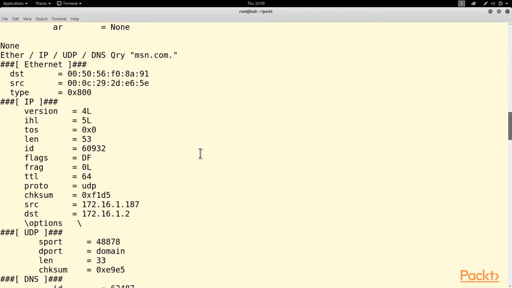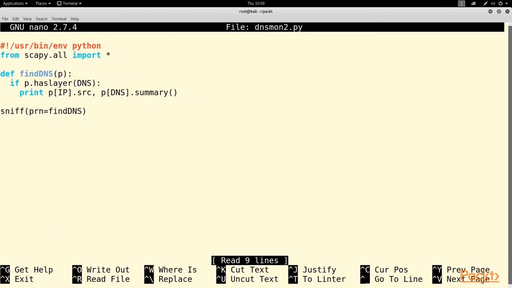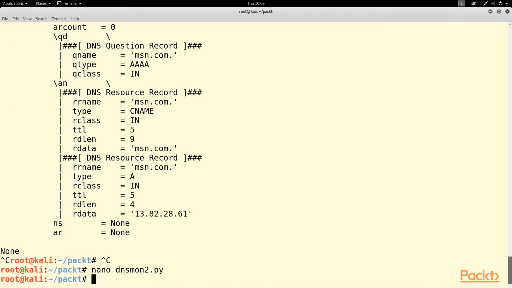This is, by the way, exactly why we need to make a better script, because you get a long, confusing lot of output out of this script. There is a DNS query finding msn.com, and instead of printing out pages of unnecessary information, I really just want this source address and that query all on one line. So let's look at the cleaner script, which is DNSMon2, and get rid of the colors. And you see here, now it's going to print just the source address and the summary and nothing else for every DNS packet. So if you run that one,